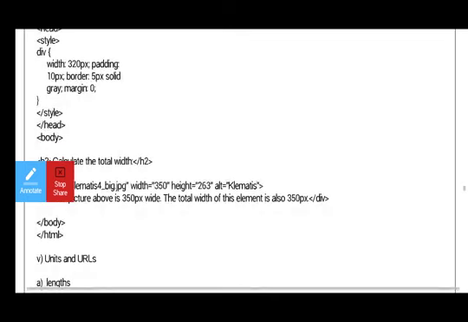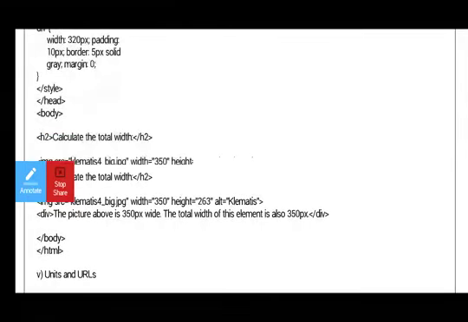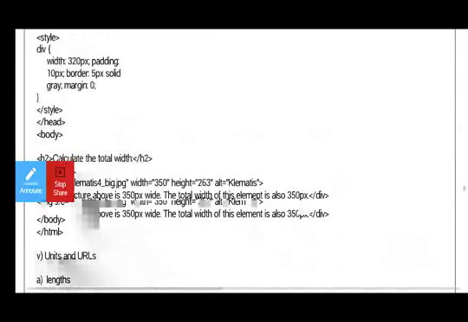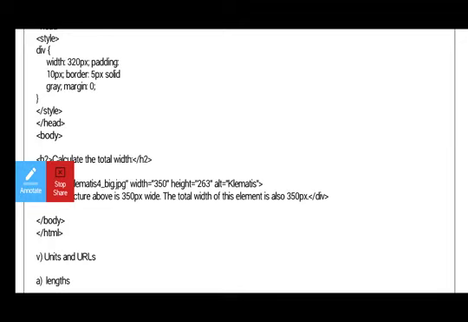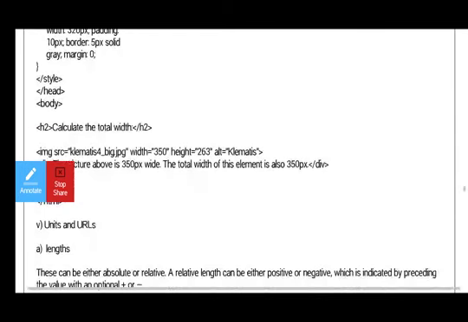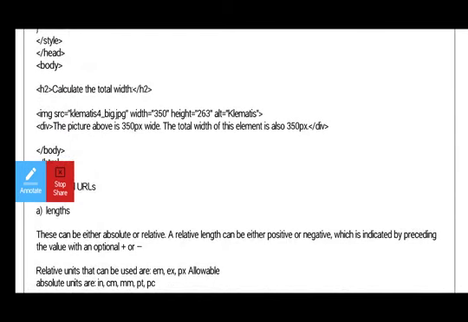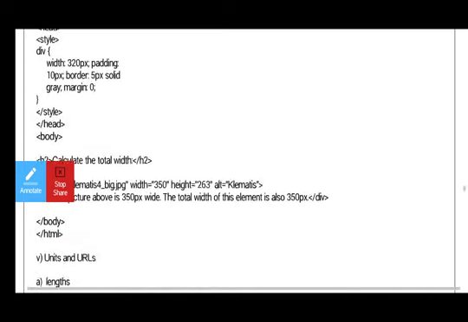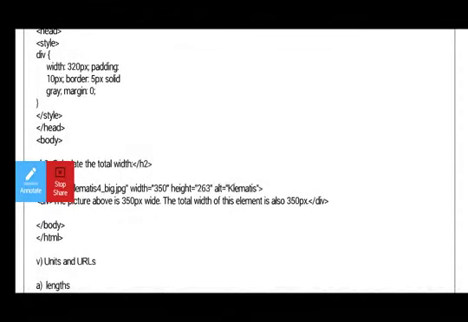Wherever we use the division, all that we represented for the division, width, padding, border and margin, is applied to the division. Here we have used the division, and the picture above is 350 pixels wide.